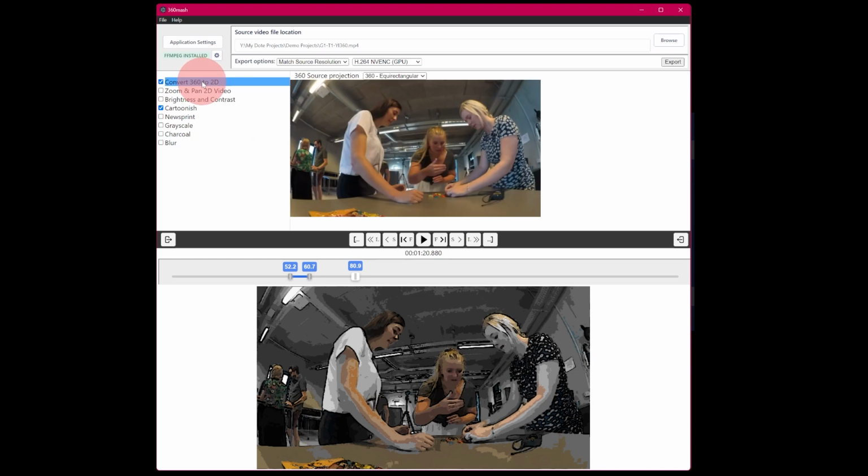Okay, so now what we've got is we've got convert and apply a filter to the video, the original video, which is here. This is the original before the filter. And then take this clip, keep the same resolution, and apply cartoonish filter and export it as fast as you can. So everything's ready now. That's all you need to set up. And now if I say export,